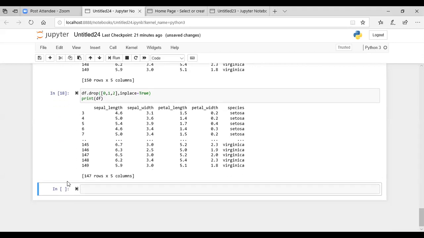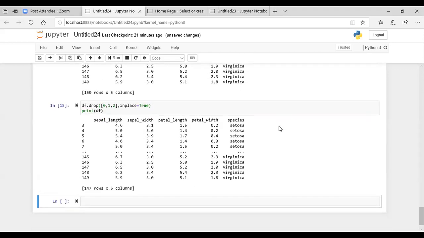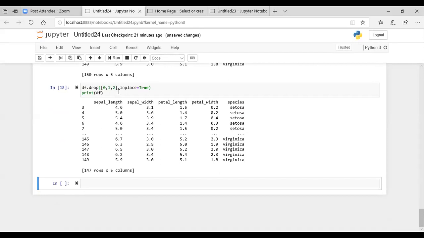You can see there are 147 rows. Previously there were 150. So with inplace equals True, it is dropping the rows from the main data frame itself.